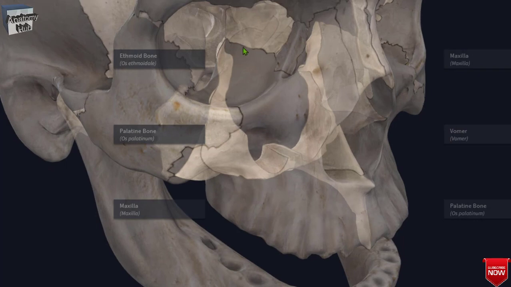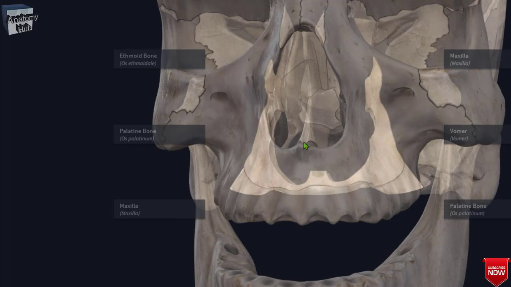Okay, so if you go through this nasal cavity, you will reach the lateral part of your nasal cavity, where there is a foramen. This foramen is your sphenopalatine foramen, made by the sphenopalatine notch of the perpendicular plate of your palatine bone and the body of the sphenoid bone. This foramen connects the nasal cavity with the pterygopalatine fossa. So here you will find the pterygopalatine fossa.